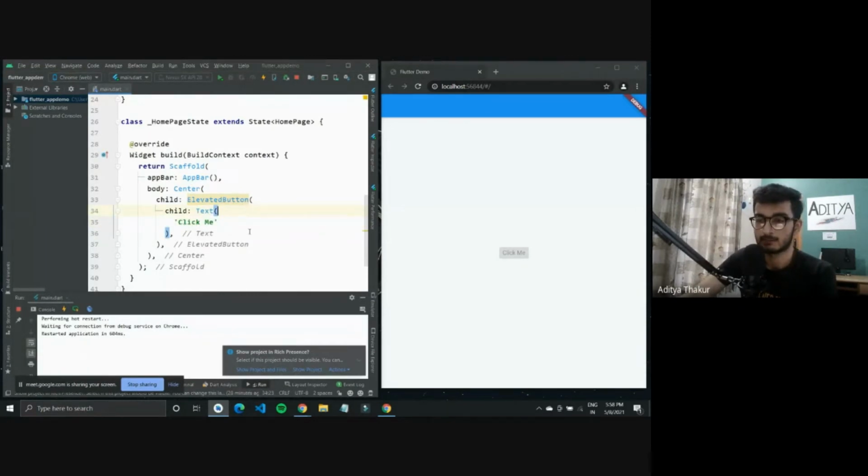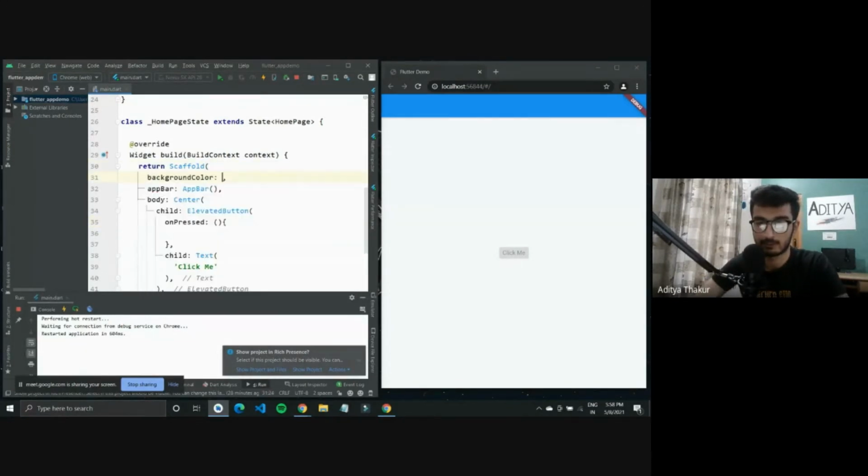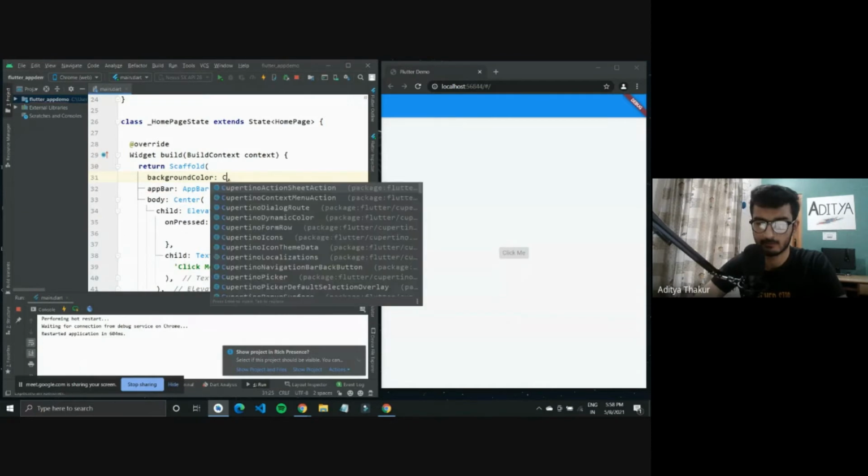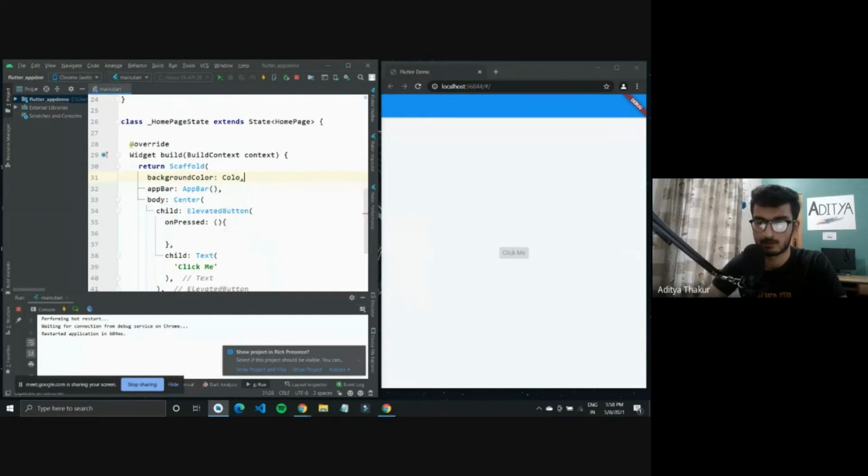And other than that, once we have the click me button defined, what I'll do is I'll give it a on pressed property. So this on pressed, we'll use it to change the color of the background. So what I have right here is background. I can give it background. So what I should do is, can I change it?